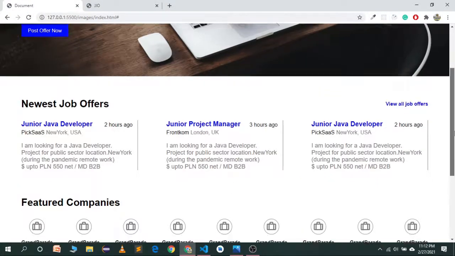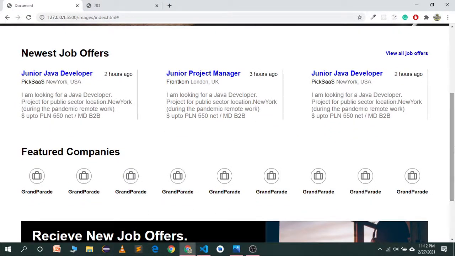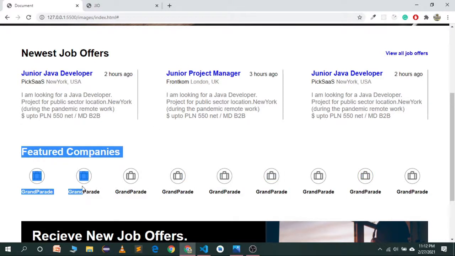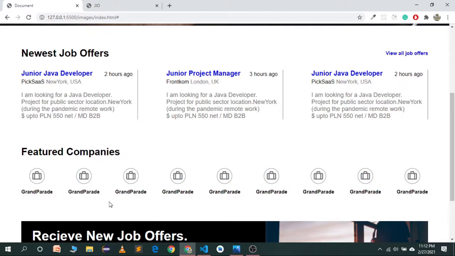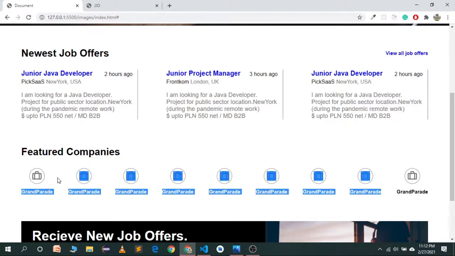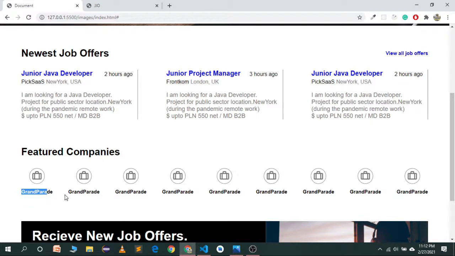The third part is very simple but quite amazing and beautiful looking, and it will be good for our users to see which companies are hiring. With this icon you can replace it with the logo of the company, and underneath will be the name of the company.